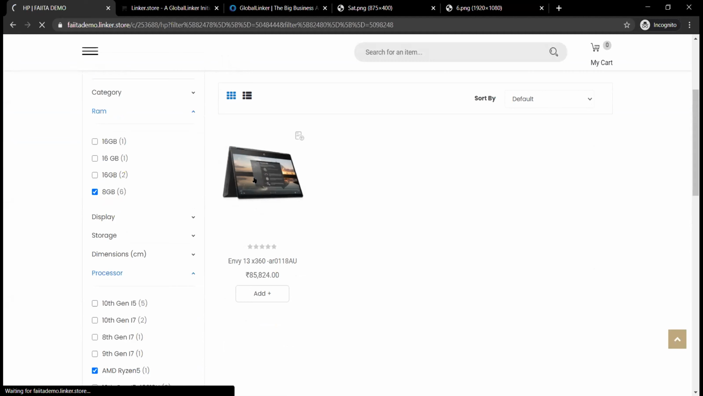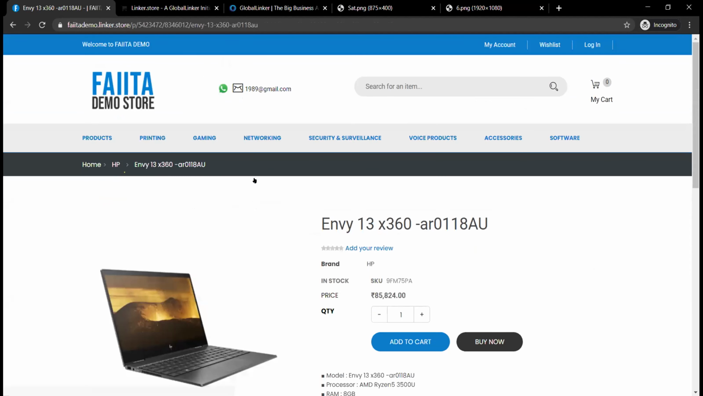So very easily within very few clicks I can narrow down to the ideal product that I'm looking for. तो मैं बहुत ही कम क्लिक के अंदर जो उत्पाद मुझे चाहिए मेरी आवश्यकताओं के अनुसार मैं उसको ढूंढ पाऊंगा।